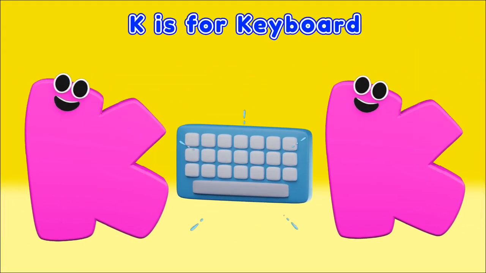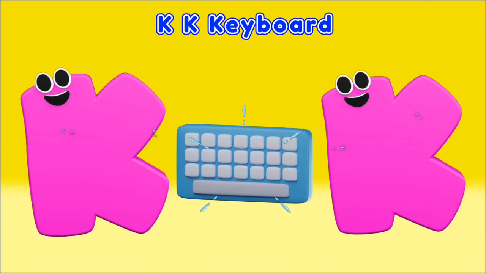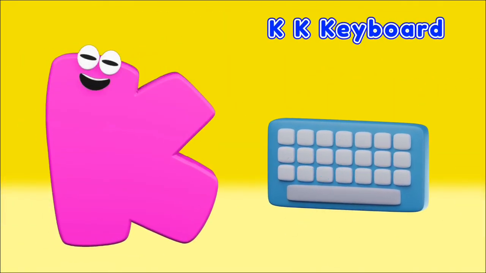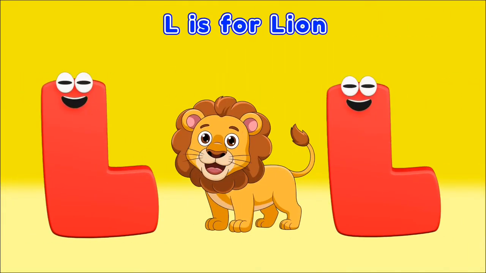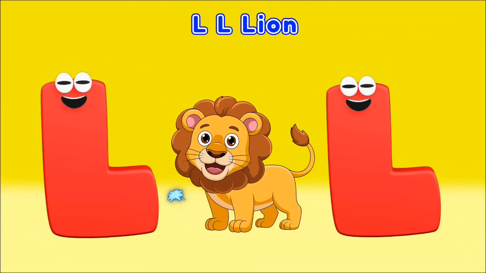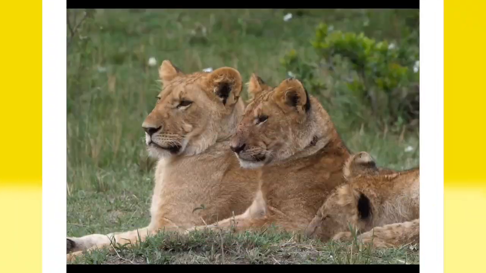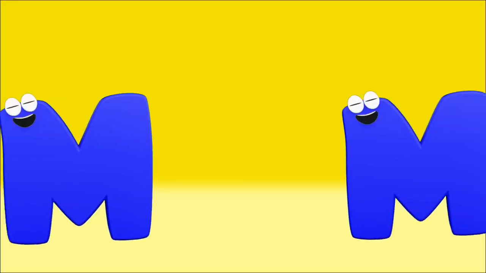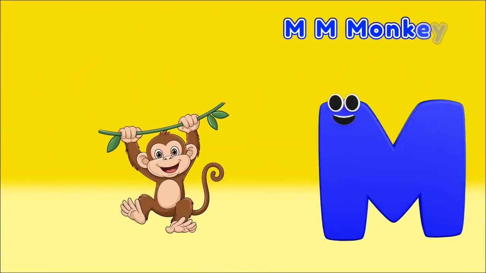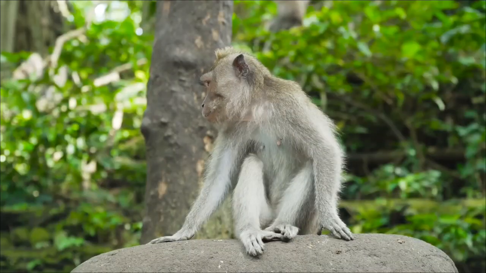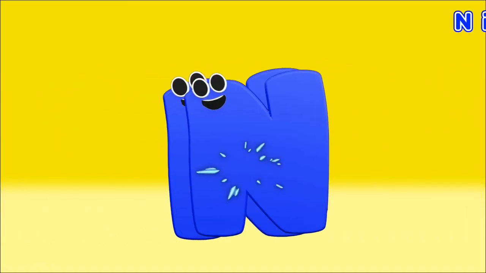K is for keyboard, keyboard, keyboard. Click keyboard. L is for lion, lion, lion. Roaring lion. M is for monkey, monkey, monkey. Jumping monkey. N is for needle,